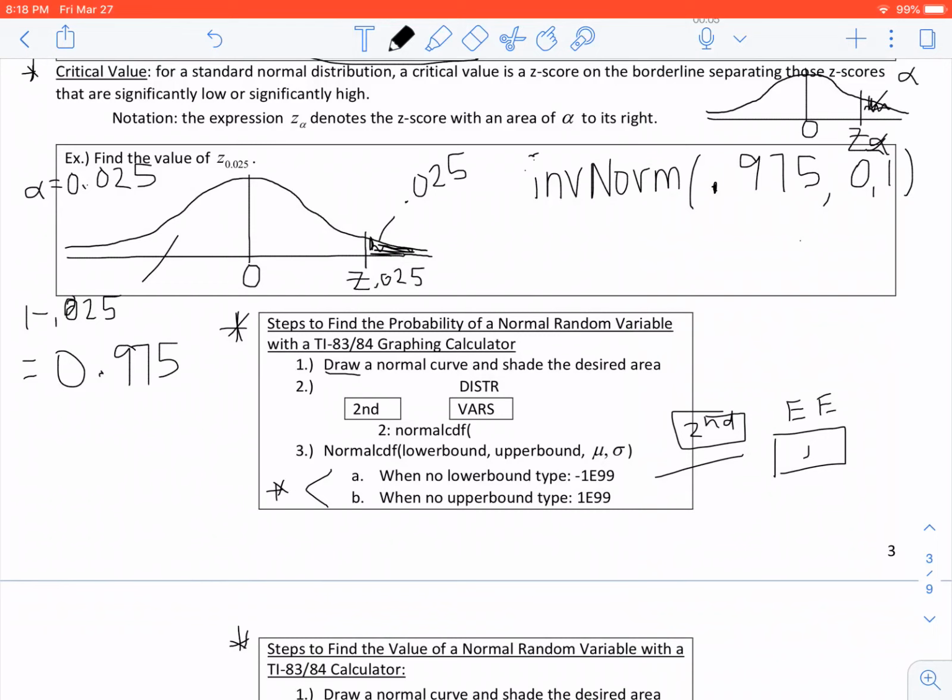If you have a newer style calculator, you can mess around with it and do the area to the left or do the area to the right. So try that on your own, depending on the style of calculator that you have. When you work this out and you plug this into your calculator, you get z is equal to 1.96. So this is your z sub